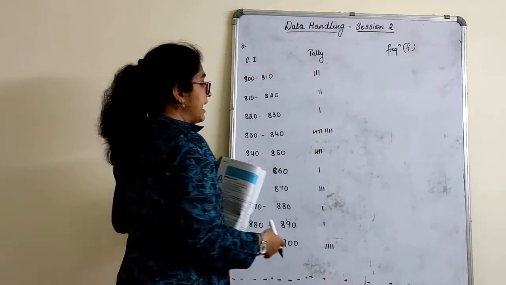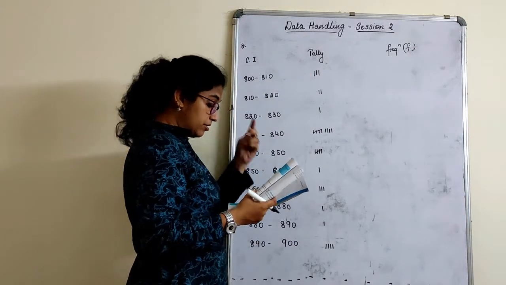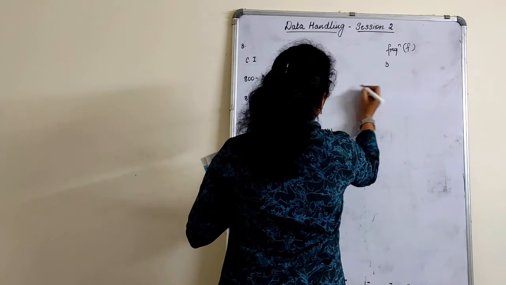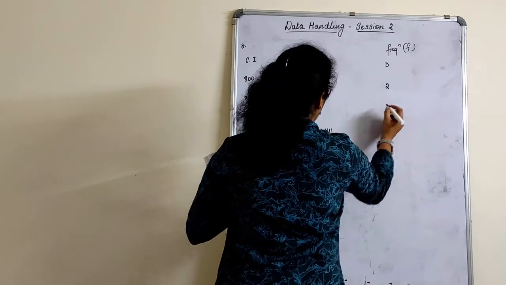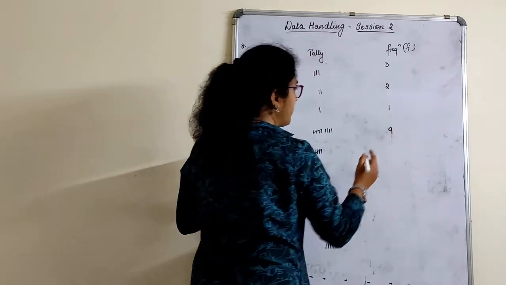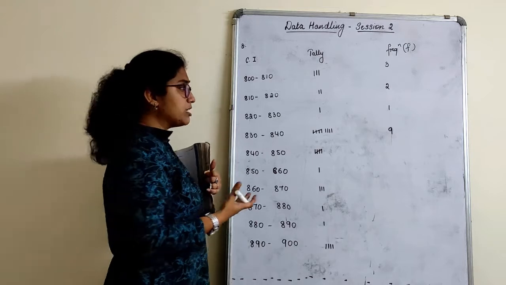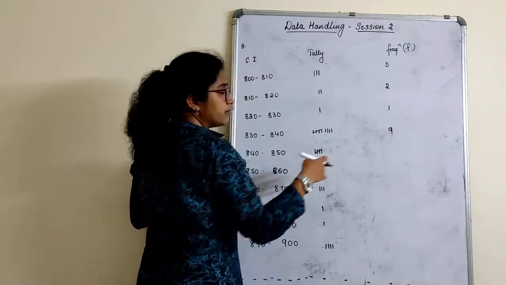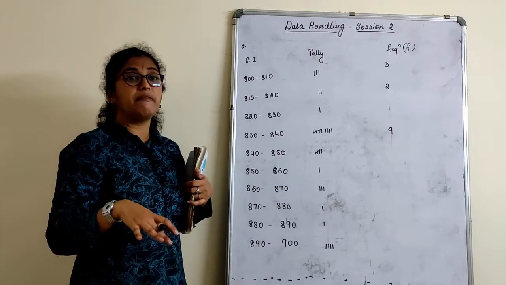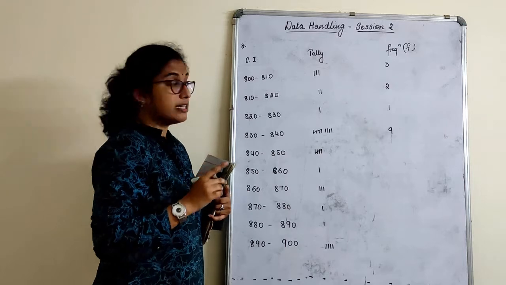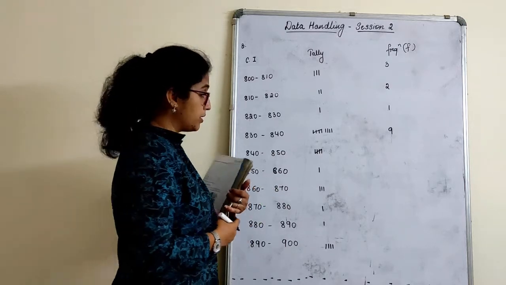So I have the tallies done over here. Let's count the frequencies against it. So here we have frequency as 3, 2, 1, 5, 6, 7, 8, 9. Now children, one thing: you go wrong in one. Assume that instead of 1 I got 2 here, but here I got 8. Something I missed out. My final answer will be correct, but still when you go wrong in the frequency, you will not get marks. It has to be accurately whatever you are supposed to get.